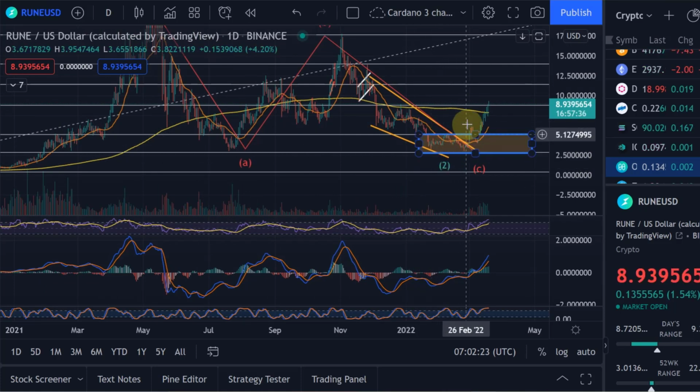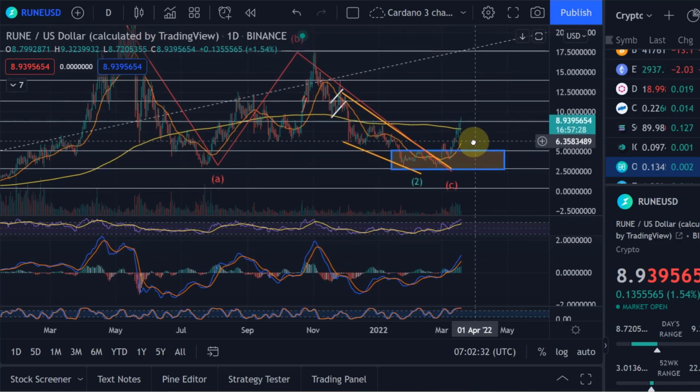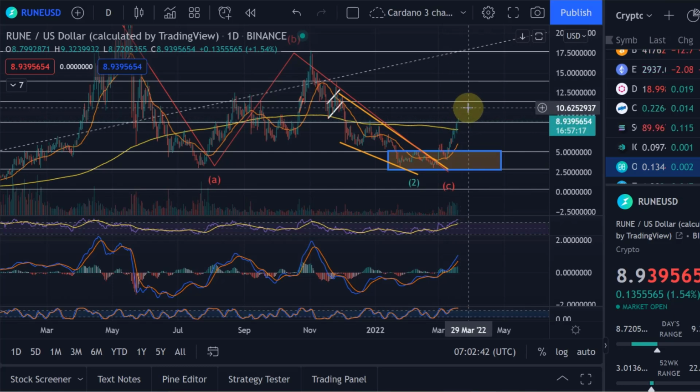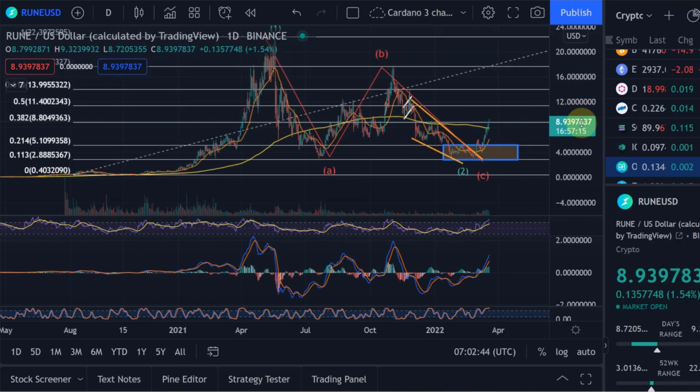What we need to see is if this is going to become a 5-wave move, because as I always say, just because a crypto has done the minimum it needs to do to complete the correction, it doesn't necessarily mean it has completed the correction already. And short-term price increases are always possible, but personally, if you see this now continue to the upside, I think we can be much more confident that the low